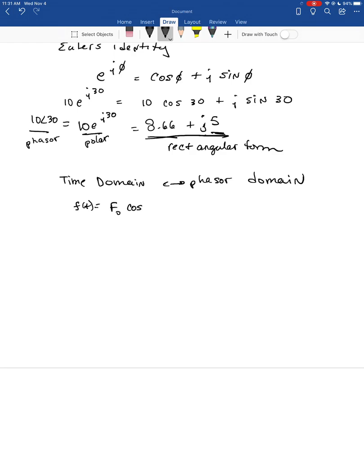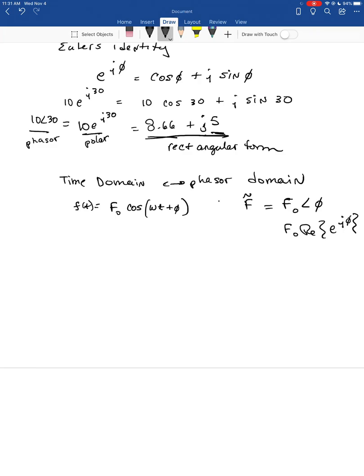Okay, and so this is of the form: some function of time is some constant or magnitude times cosine of omega t plus phi. This is the phasor, which in textbooks is written as bold. When writing hand notes, we use the squiggle to represent a phasor. It's F naught angle phi, which one more time